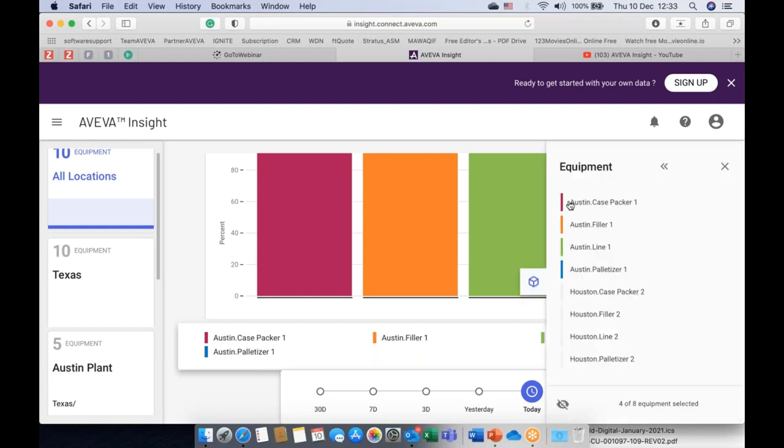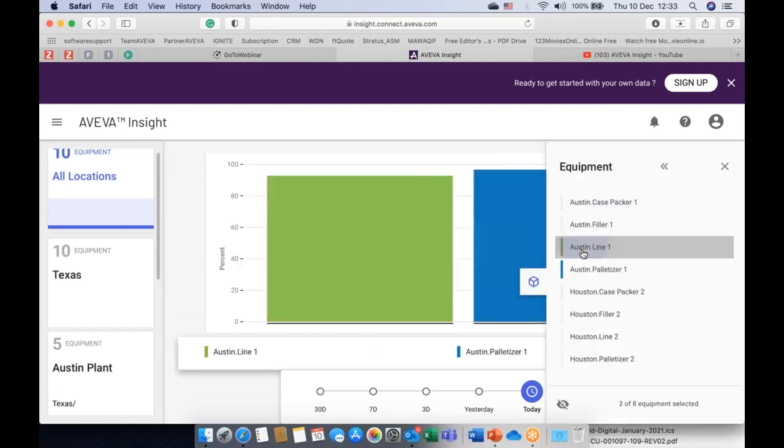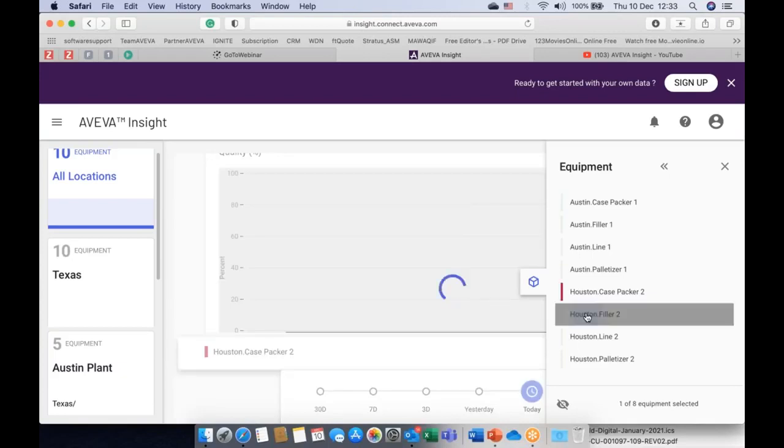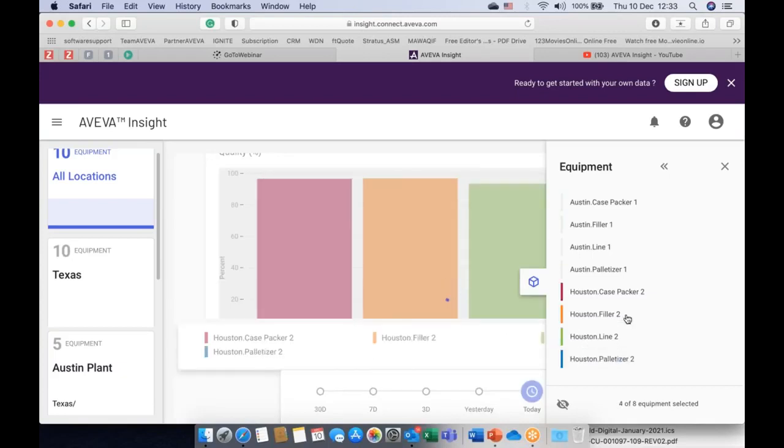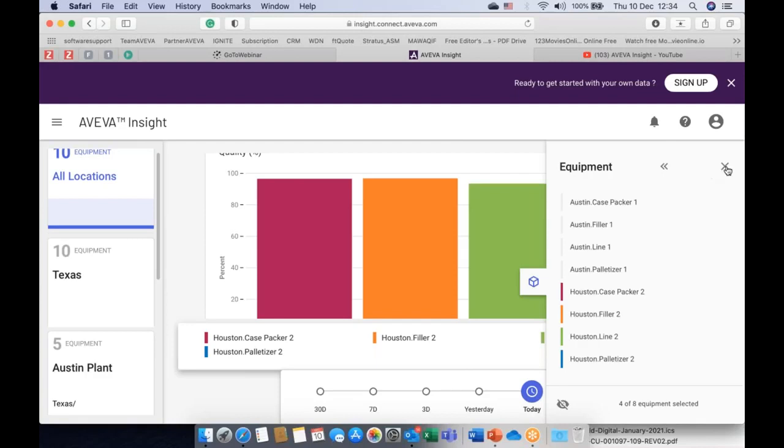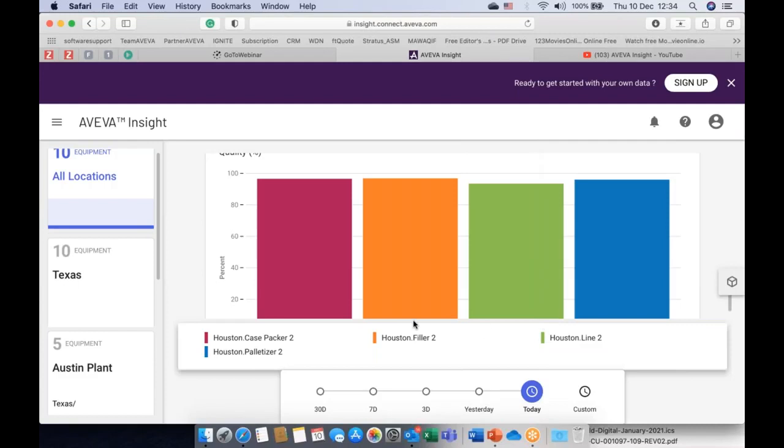Clicking here will make it easy to move to what location and assets I need to include in my selection here. And as you can see, it's as simple as clicks. There's absolutely no scripting involved in putting all those graphics dynamically together to play here today. Of course, you can